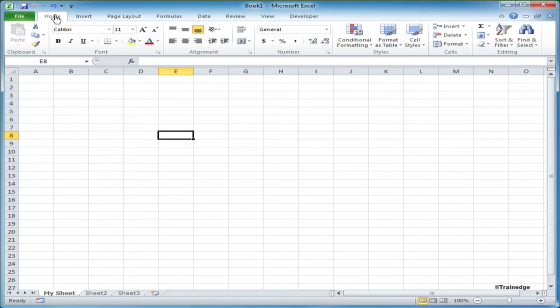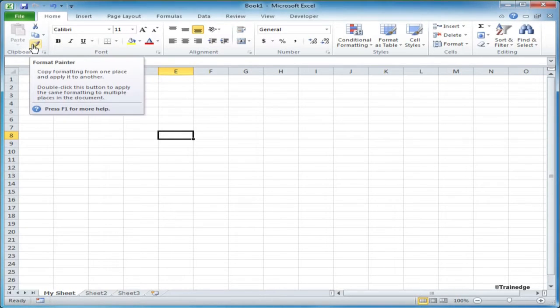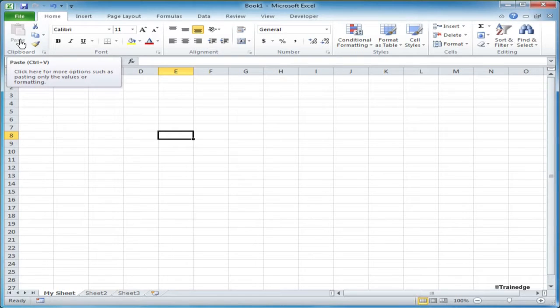Home tab contains commonly used commands like copy, cut, formatting and paste.